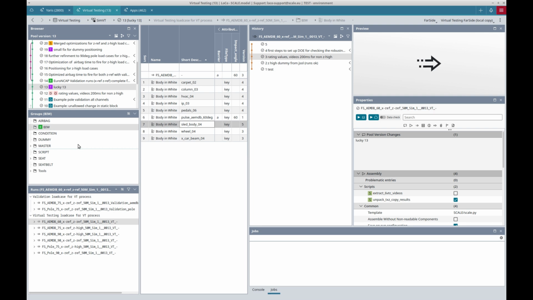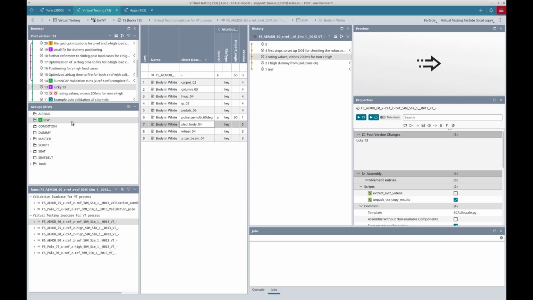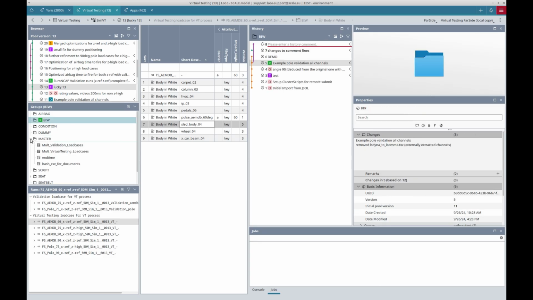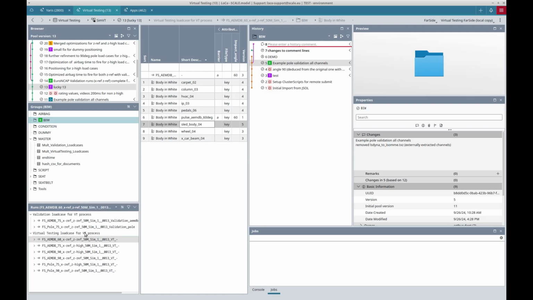In the second window, we have the so-called groups, which are similar to folders in a file system, which contain components and or parameter tables. And in the third window, we have our load cases, which in the Scale SDM system are called run configurations.